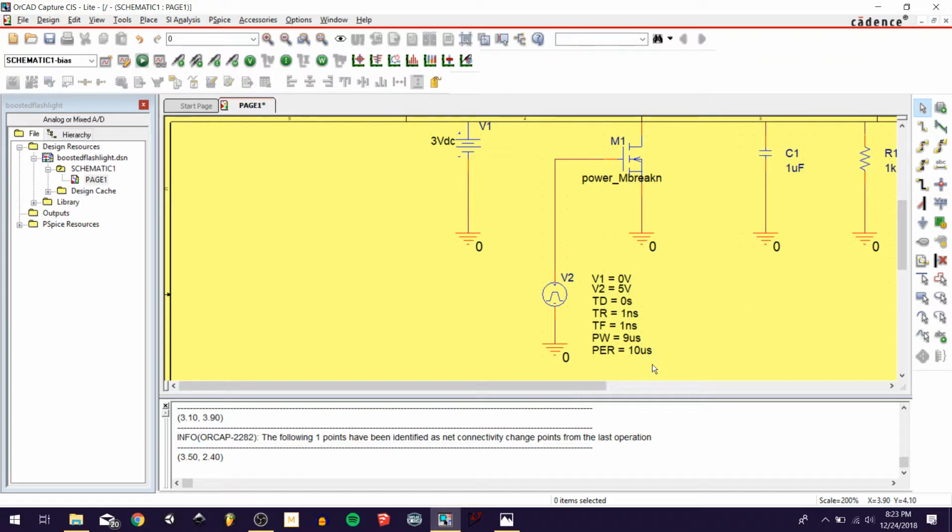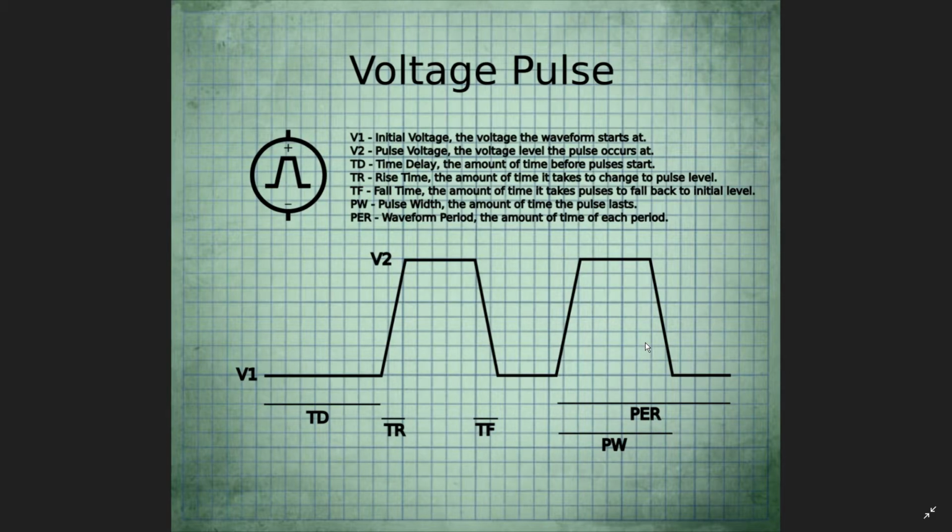So by setting the total period to 10 microseconds and the pulse width to 9 microseconds, what I've effectively done,